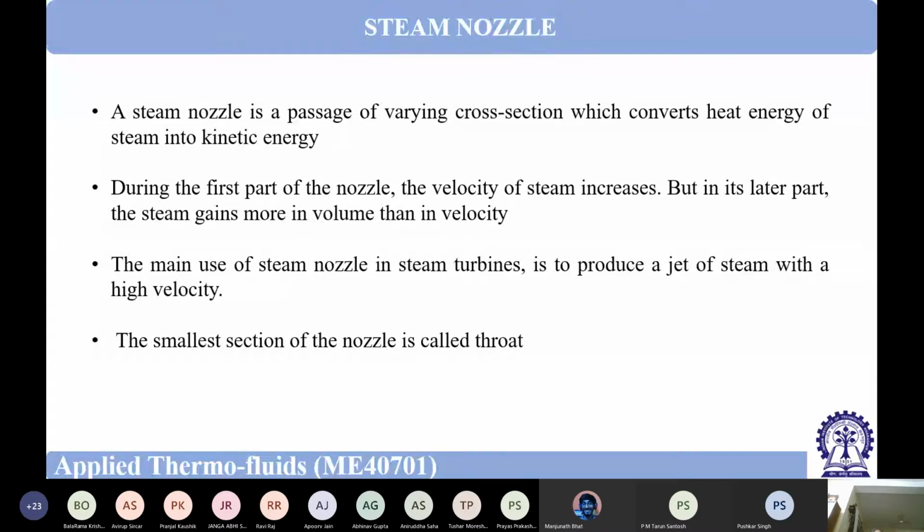So you see, a nozzle is used both in case of liquid and in case of gas. In case of gas also we use a nozzle if we have to increase the velocity. In case of liquid also we use a nozzle to increase its velocity. But in case of liquids, invariably, if the fluid is a liquid, we will always use a convergent nozzle. And if it is a gas whose velocity has to be enhanced, then sometimes we may use a convergent divergent nozzle. Please tell me why it is like this.